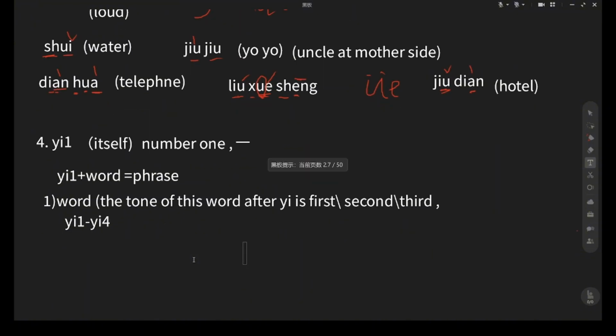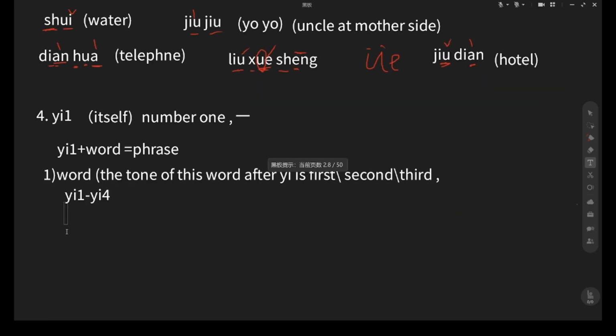See, I say it again. 一 and other words together form a new phrase. And when the tone of this word after 一 is first, second, or third tone, this 一 changes to the fourth tone. For example,